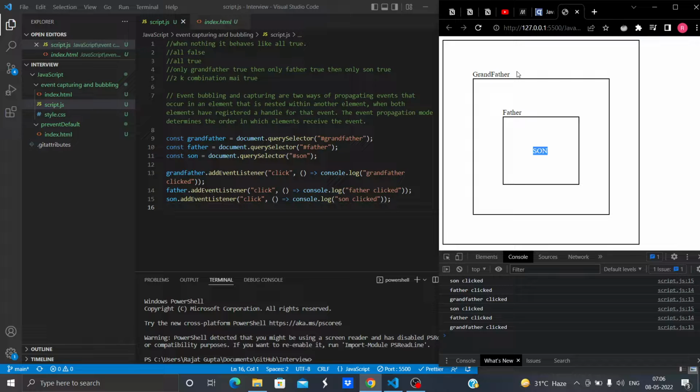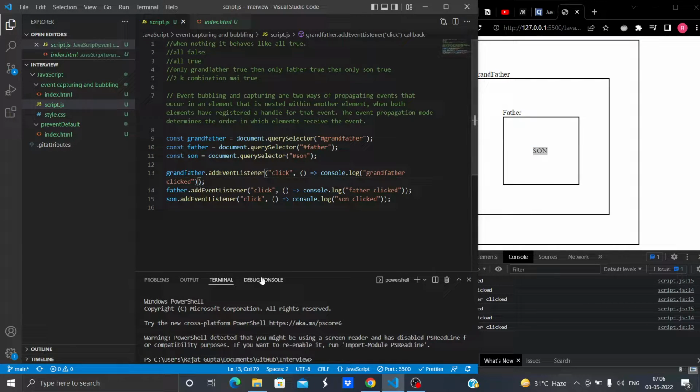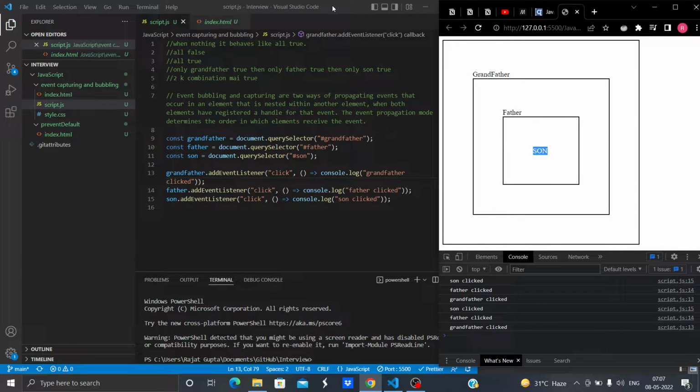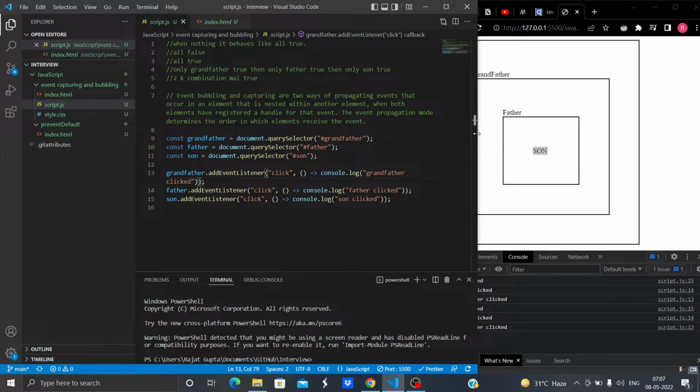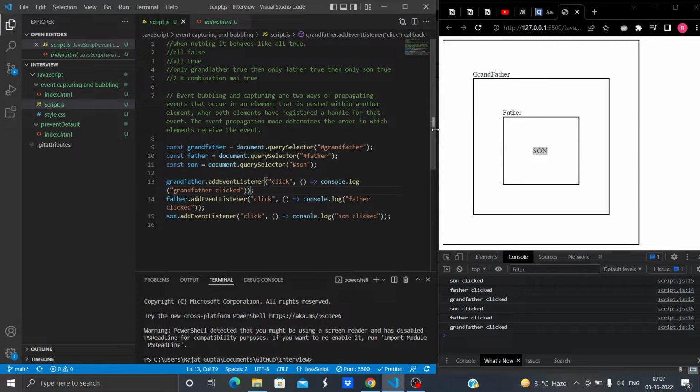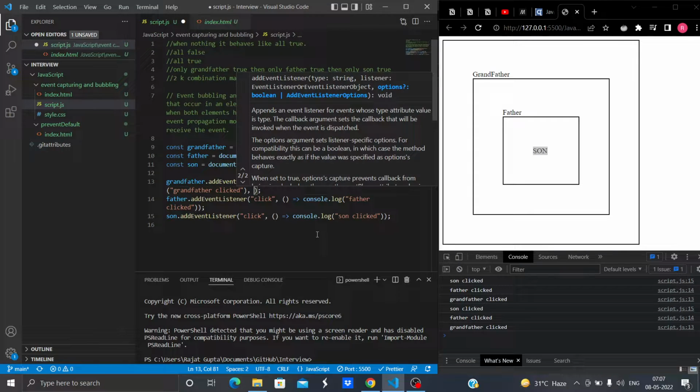Now let me tell you something, then you'll have more clarity on how the developer can decide. We also have a third argument here, but it's optional.